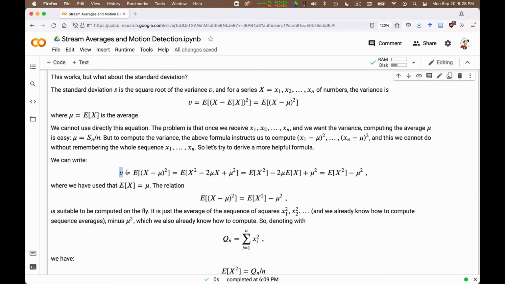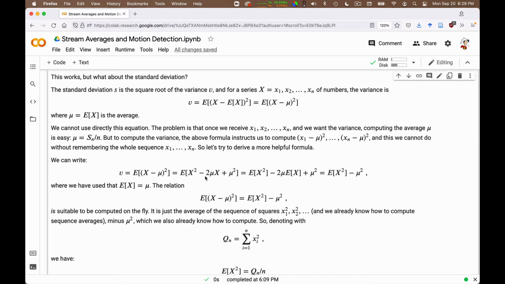Here I simply copy the definition. You always start like this in math, right? When you don't know what to do, you copy the definition and you try to work your way forward. So the variance is equal to the average of x minus mu square. Now, let us develop this square. So I can write the average of, and in the brackets I can put x square minus 2 mu x plus mu square. Now, expectation is linear, so the average of a sum is equal to the sum of the averages. So I can break out these three pieces by wrapping them individually into the expectation operator.